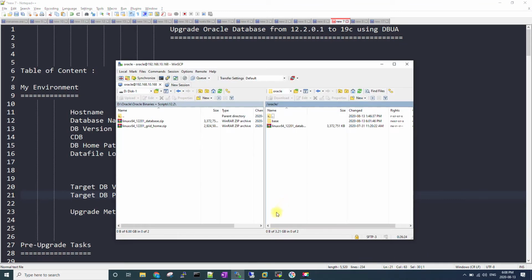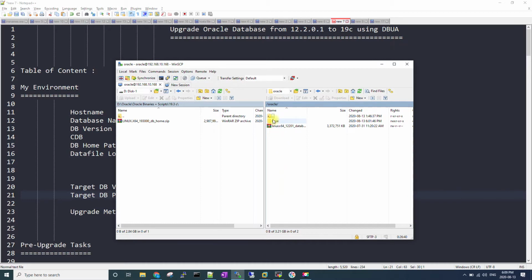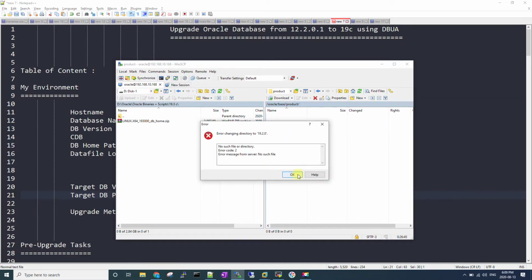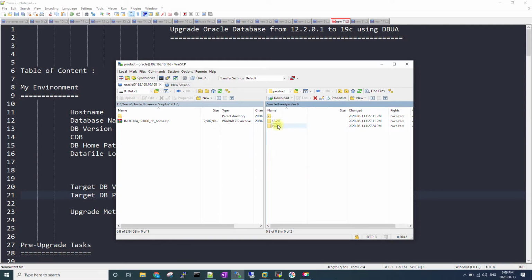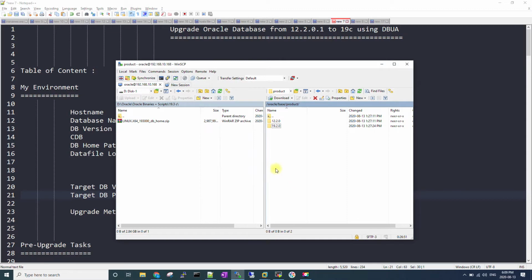I'm using, by the way, WinSCP to transfer the files. I think every one of you might know how to transfer it. Let me go to the 19C binary, and we'll go to Oracle base product 19C. I think I'm getting a message in here. Just a second, let me validate it.